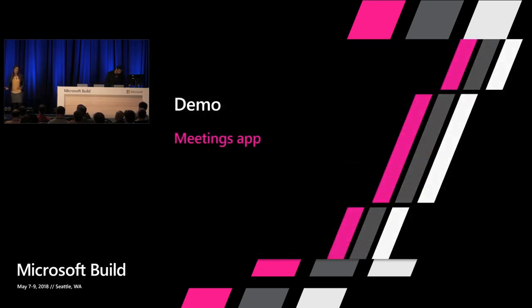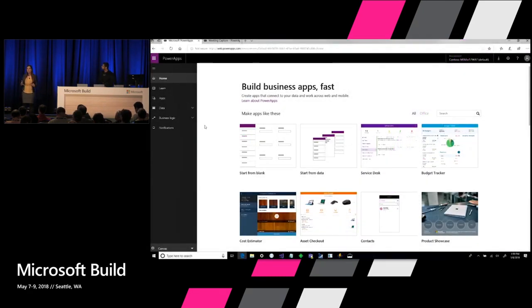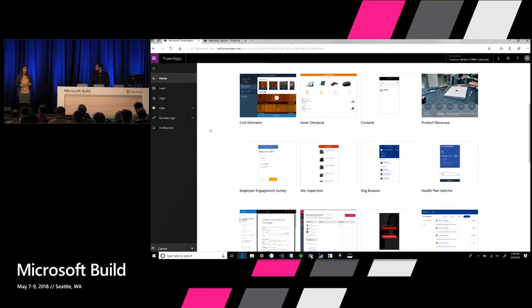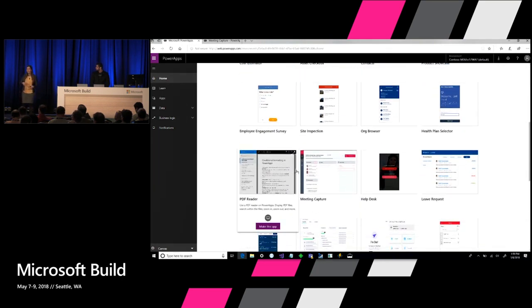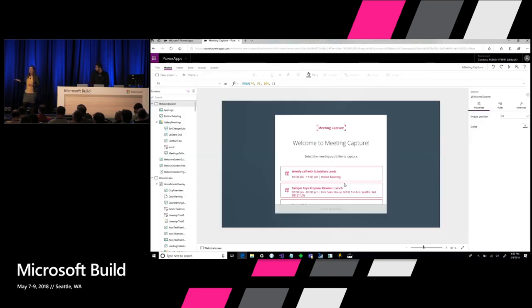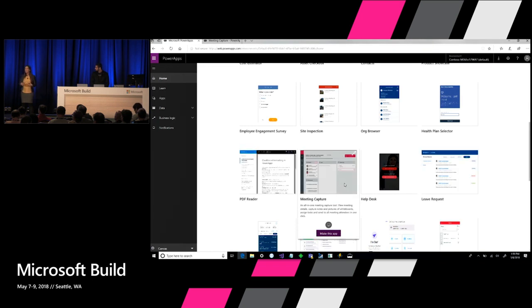Let's see one of those things in action. We partnered with the Power Apps team, and we built a set of templates that connect directly with the Microsoft Graph. We're going to show one of them. There are about 10 different templates, ranging from sending kudos to your organization, prepping meetings, finding rooms for meetings, and so forth. We're going to take a look at meeting capture, which is aimed to help you in